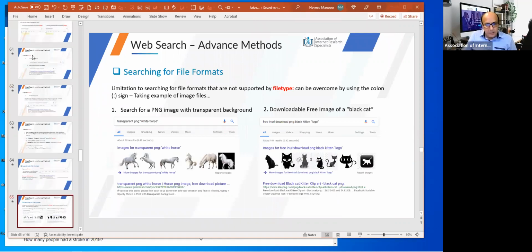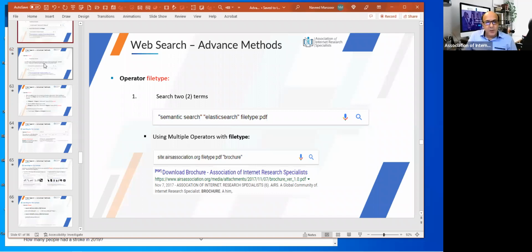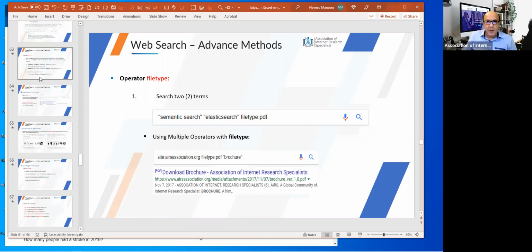Okay, so next thing we want to see is how are we going to pull some of the formats which otherwise are ignored when you use file type : image files, JPEGs, MOVs, MPEG-4 and so on. All those very important formats, but for some reason search wouldn't find it for you if you run it with file type :